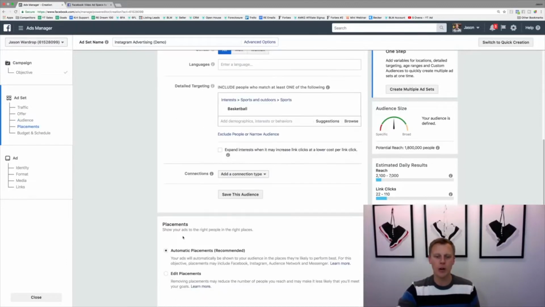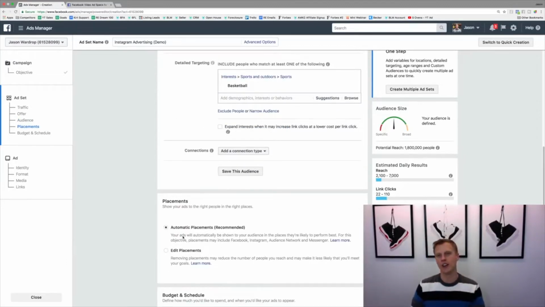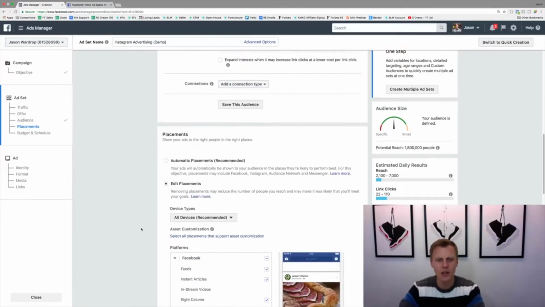And then what we're going to do, this is where the whole Instagram advertising placements comes into play, where you want to make sure that you're choosing this, right? So Facebook by default is going to say automatic placements, and it's going to show up on every possible place that Facebook can show your ads. So Facebook newsfeed, Facebook Messenger, Instagram, Instagram stories, their audience network. There's a whole bunch of different options, but what you want to do is specifically target either the Instagram stories or the Instagram newsfeed. So we want to click on edit placements, come down, and this is kind of